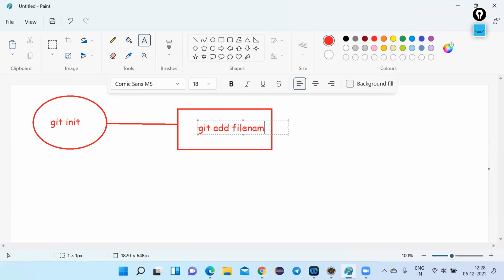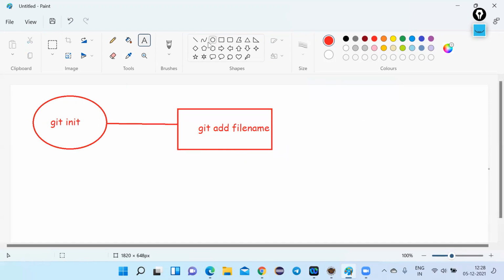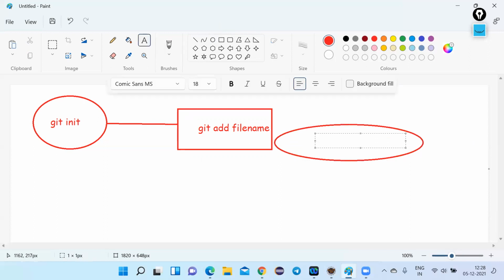Or in case I want to move everything, I need to use git add followed by the dot. Dot will add all the files present. After adding to the staging area, what do I need to do? If I want to commit it to the local repository, I need to use the command git commit -m followed by the commit message.